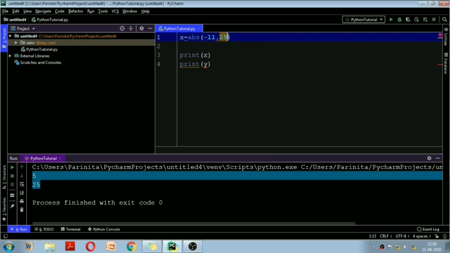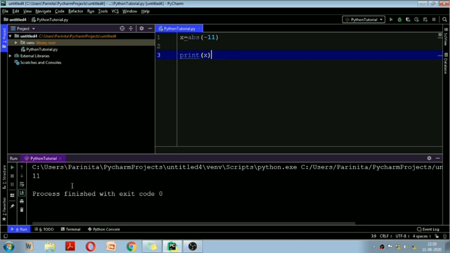For example, we are passing minus 11 and printing abs of that number. So let's see what we are getting. As shown here in the output, we are getting the positive value. So abs is the function that is used to find out the absolute or positive value of any given value.